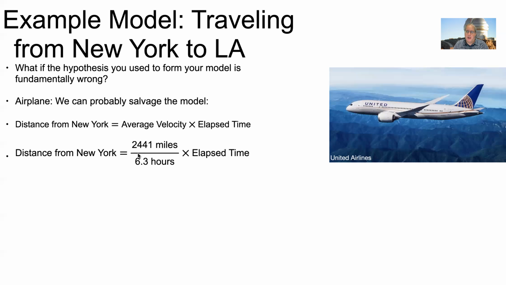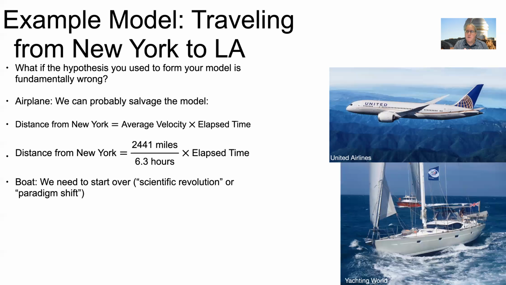But there are going to be examples where the model has to be thrown away completely. If we learn our friend is taking a boat from New York to Los Angeles, our model is not going to help us. Our model assumed he was traveling across the land of the United States. If our friend is taking a boat, then we need a completely different model to explain where our friend is as a function of time. And stepping back to the analogy now, we would call that a scientific revolution or a paradigm shift. The discovery that our model is so fundamentally flawed, we need a completely different model, completely different hypothesis to explain the observations. The one we've been using before just did not work.